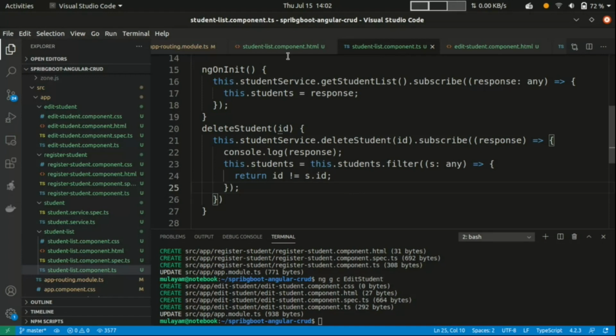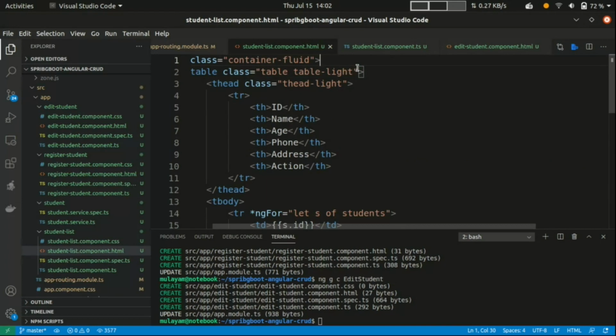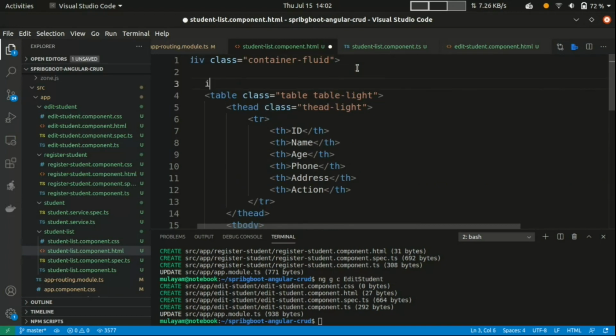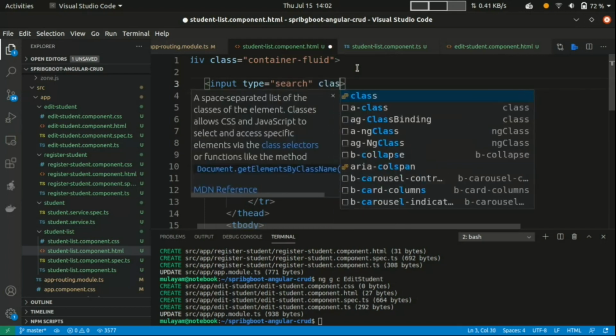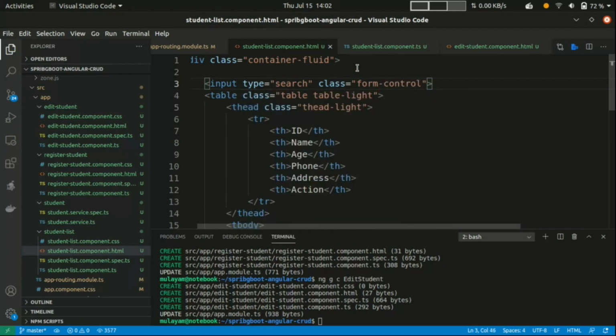I want to add one text field. So close everything here, go to student list, and on the top of the table I want to add one input field. Input type is search, and class form-control.